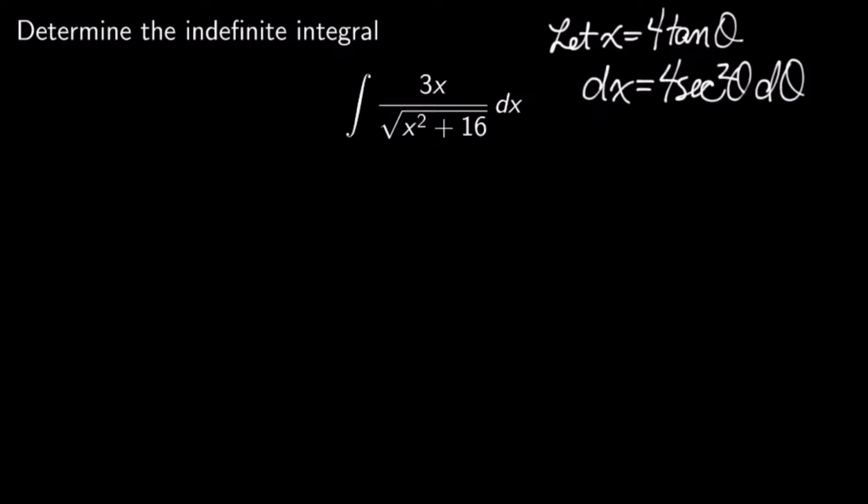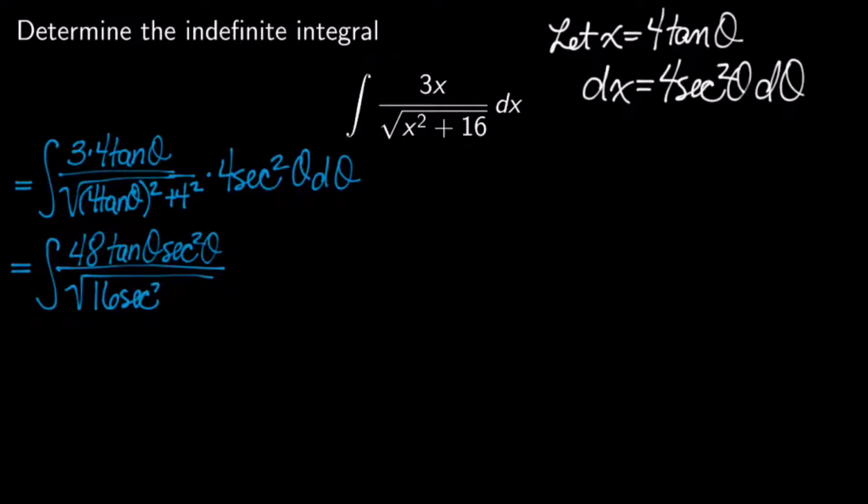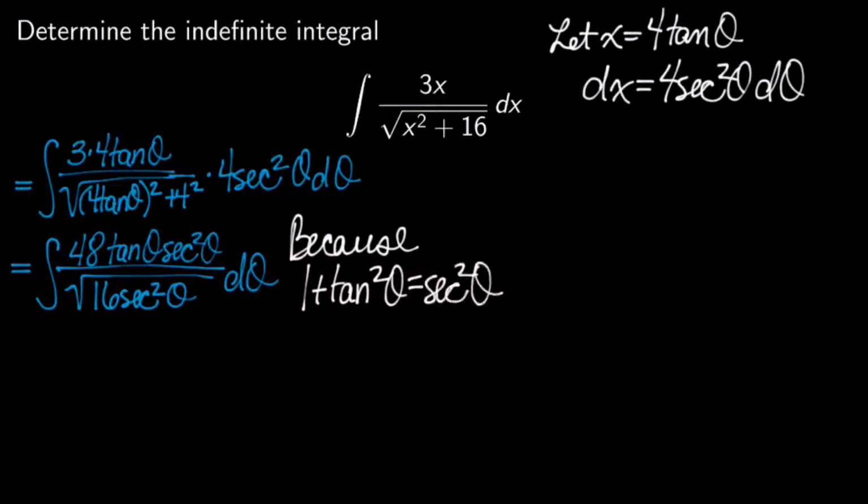to 4 secant squared theta d theta, which would make this integral equal to 3 times 4 tan theta, right? I need to substitute the x, and then I need to put that expression in there. And on the bottom, I would substitute the x again and get radical 4 tan theta squared plus 4 squared. And then I need to substitute the dx, right? It's going to be 4 secant squared d theta. Goodness, keep up, please. And then if I simplify that, I get 48 tan theta times the secant squared theta,